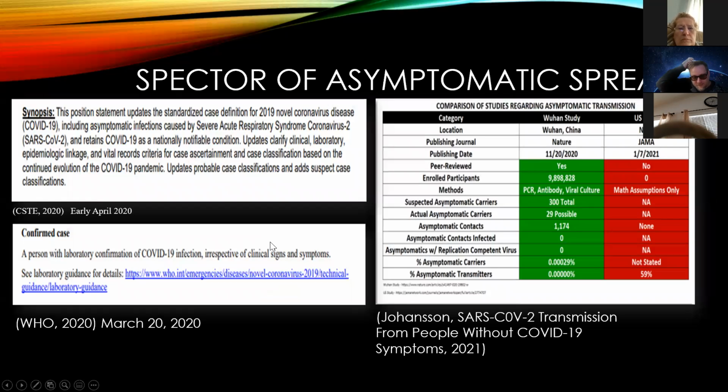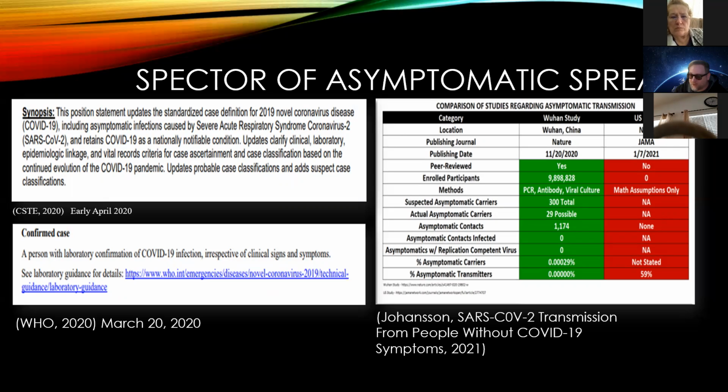And so now the WHO is pushing this asymptomatic spread. And the CSTE, which is the Council of State and Territorial Epidemiologists, they're also pushing this asymptomatic spread. So they need some science to back it up, because what they're pushing is that people that are healthy, that are running, that are exercising, that are so healthy, they're the ones that are actually sick. And they need some science to back this up. So what they did is they got JAMA, the Journal of American Medical Association, to write a report, because they wanted some scientific clout, some doctors to say, hey, that's right, we're all asymptomatic.